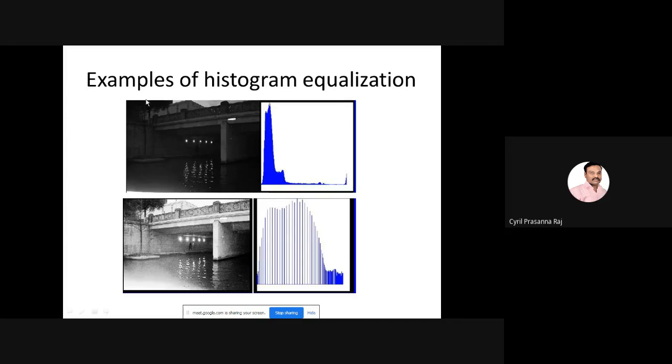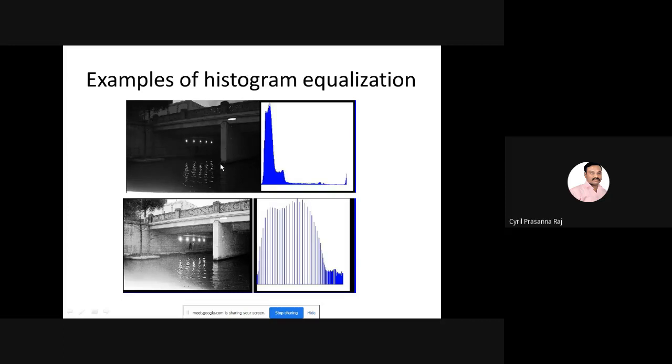Now here you are taking an image of a bridge, and there is a water flow. Then there's a bridge here and a small house here. If you try to plot the histogram of this, what is a histogram? You are taking all the shades, all the pixel intensities from 0 to 255 and finding out how many pixels are completely dark. You find that because 0 means it is completely black. There are a large number of pixels which are completely dark, and very few pixels which are completely white. When you see such images, they look very dark.